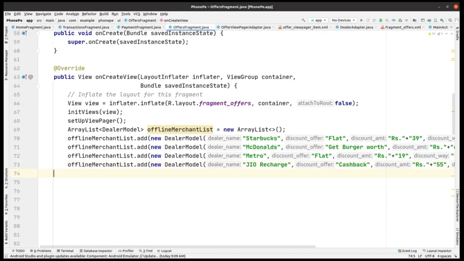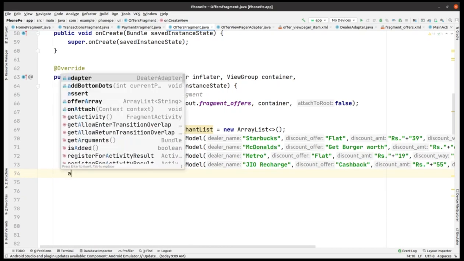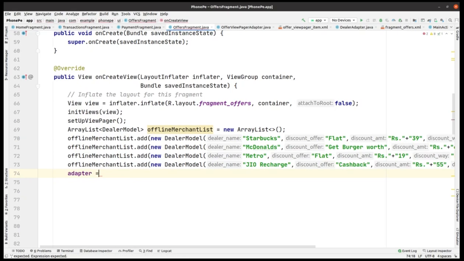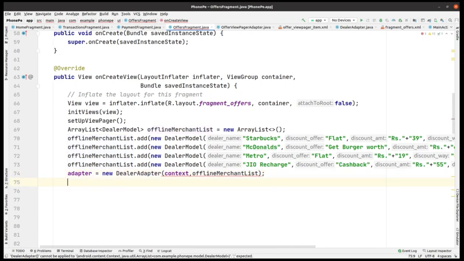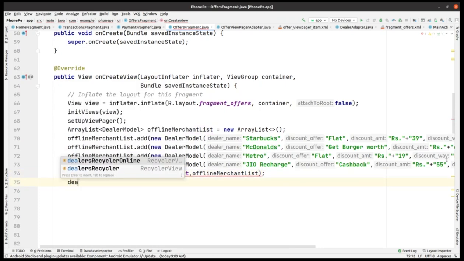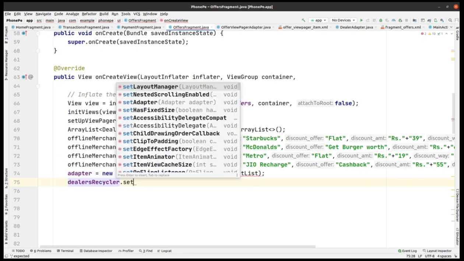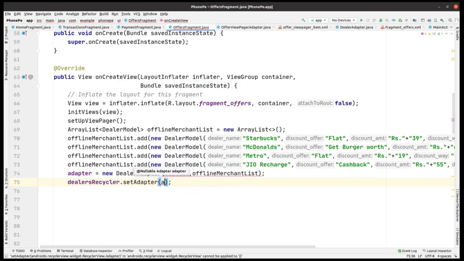Then what you're going to do next is, let me check it. Yeah, so adapter equals new dealer adapter, and we're going to pass the context to this, and then we're going to pass this offline merchant list. Yes, and then we're going to do it like this: dealer recycler dot set adapter, and pass the adapter to